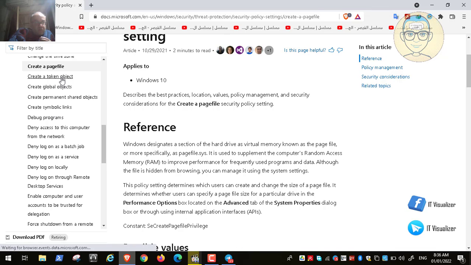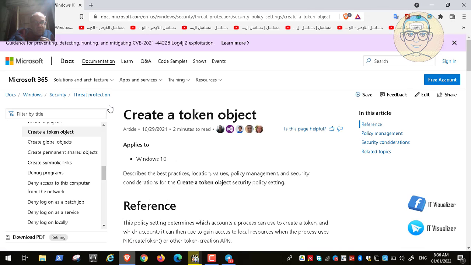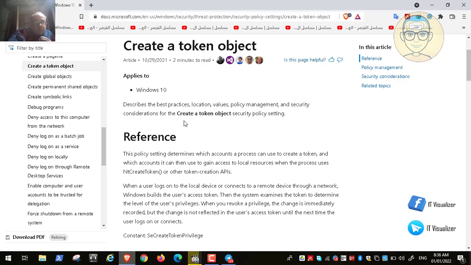Create token object: what is it? It determines which accounts a process can use to create a token, and which account it can then use to gain access to local resources when the process uses this token.